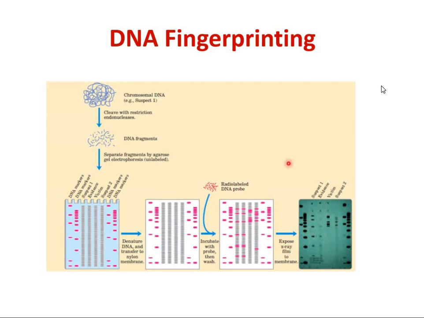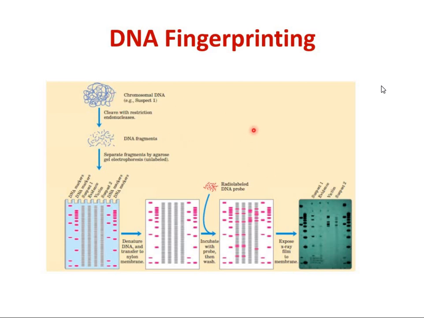And as Dr. Puri told you, he's talked to you about the junk DNA. If you remember, junk DNA, it is there. The one thing that he told you about is VNTR, variable number of tandem repeats. These repeats are quite different in unrelated individuals, and in related individuals they are similar. VNTR, the tandem repeats that are present. So utilizing this property, what we get is a different pattern from different individuals.